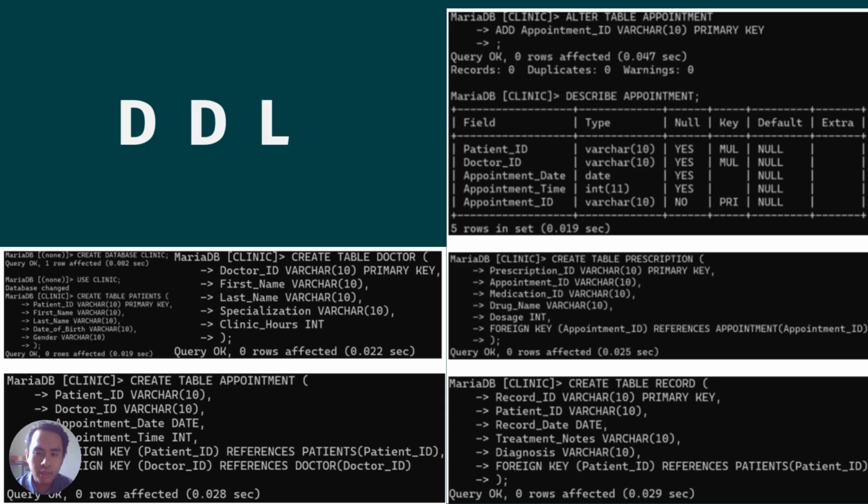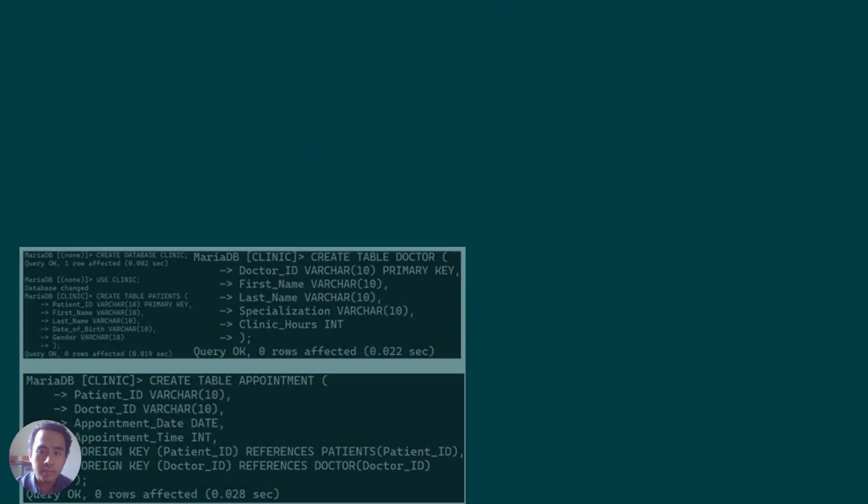And over here, record date, we add date instead of varchar because in SQL there's already a fixed date command in it, as well as time or integer for time. Foreign key, however, if you want to implement foreign key, we need to first add the attributes at the top. So for foreign key patient ID, we need to add patient ID at the top here. So that's it for DDL, basically how to make or create tables.